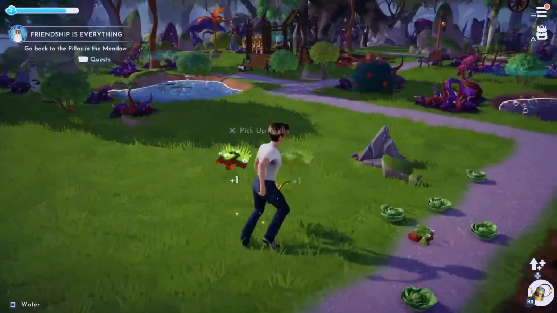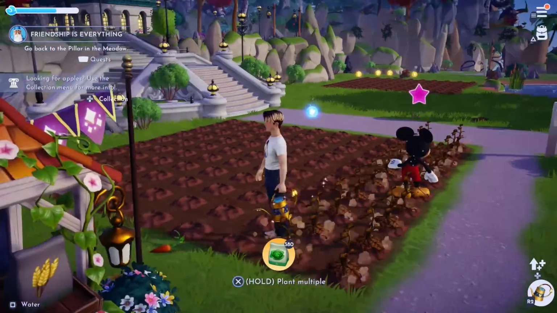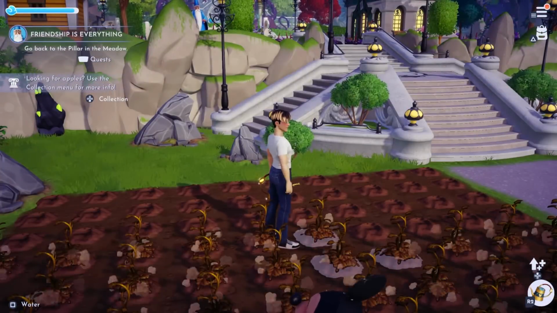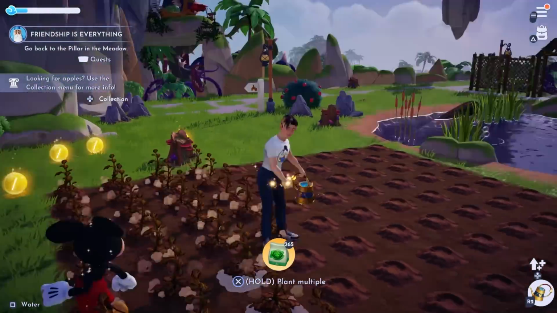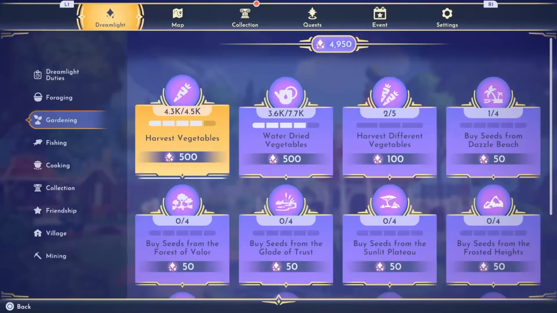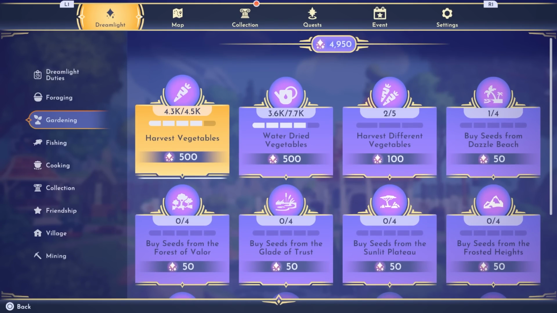And let me share some numbers with you. So I did, let me tell you exactly how many. 22 full 200 lettuce field harvests, which is, well, you can see right here in my Dreamlight statistics, it's been pretty much maxed out in the number of crops harvested,